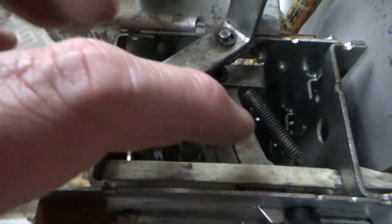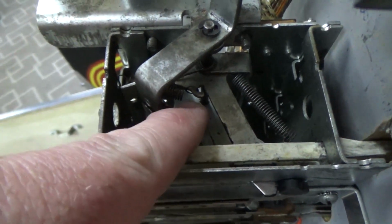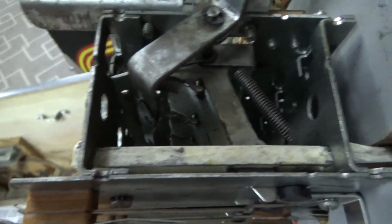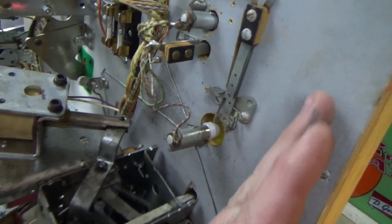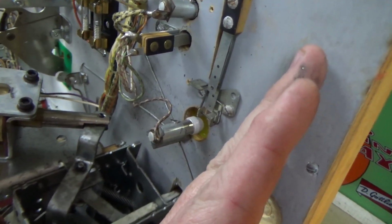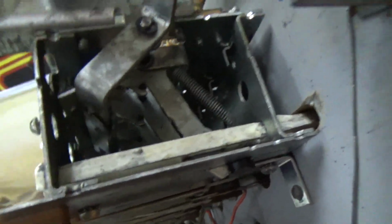Because the purpose of it is whenever the drop target gets pushed back, if you didn't have this spring, there would be no impetus for this bar here to drop. But that spring down there is pulling on it constantly, right? And just physics, the way it's pulling it is kind of at an angle, and so it gives it enough leeway that it can push backwards, right? So if it pushes backwards because the ball hits it, that spring will then immediately wham, pull that sucker down. All right, so I'll drop